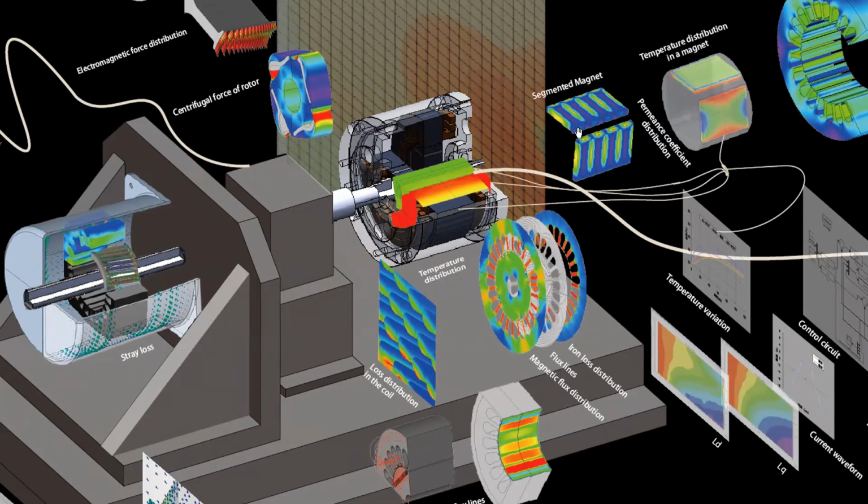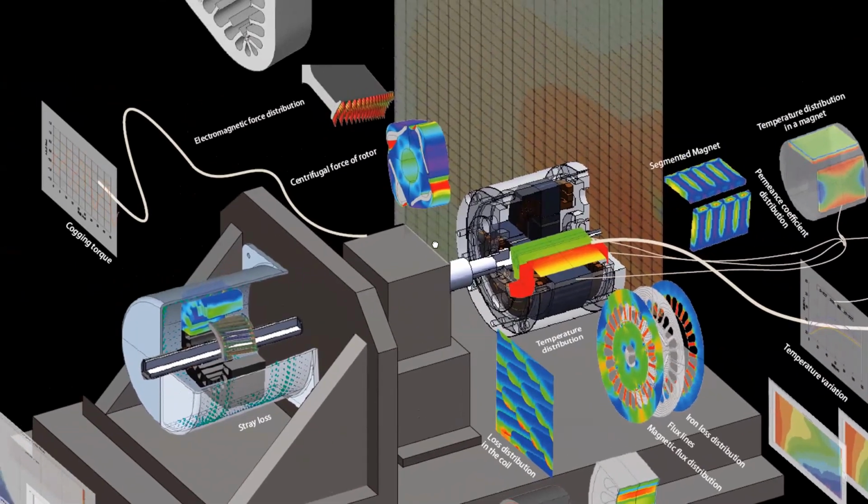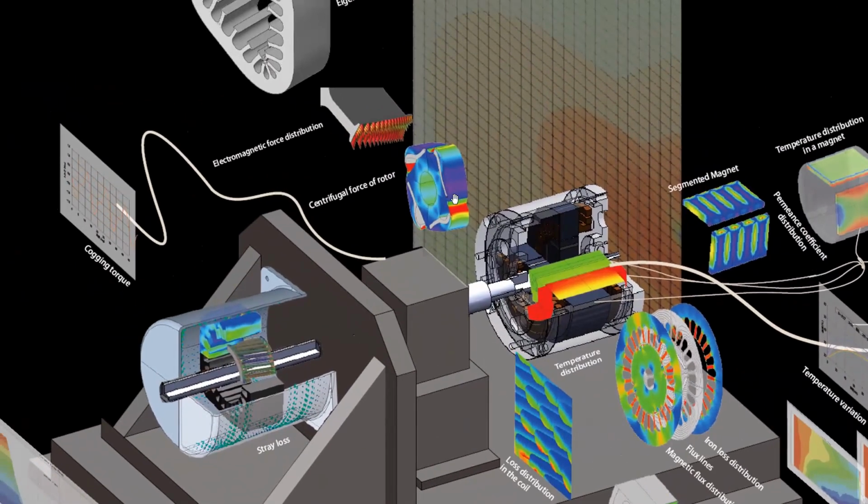We can make thermal analysis in order to check the distribution of the temperature inside the motors, also the temperature of the magnet. We can make a mechanical analysis in order to check the effect or the deformation of the rotor due to